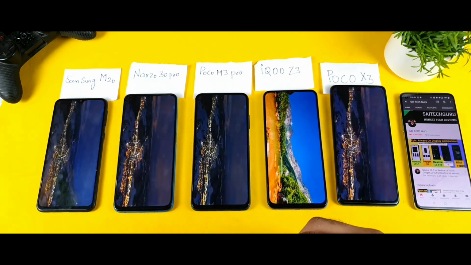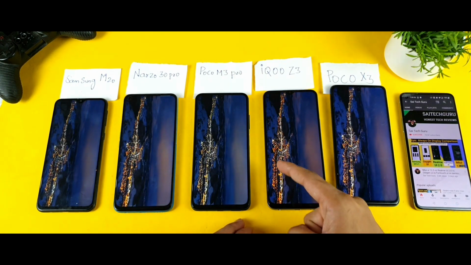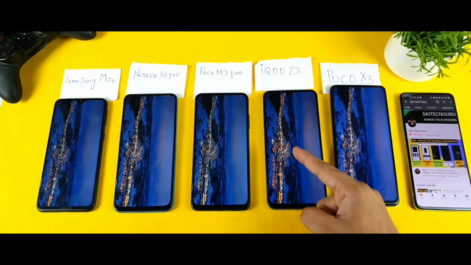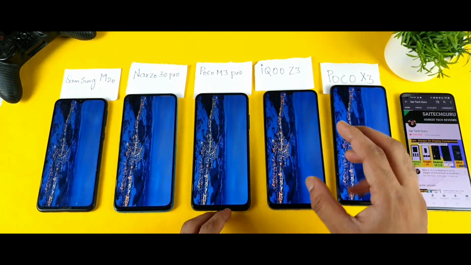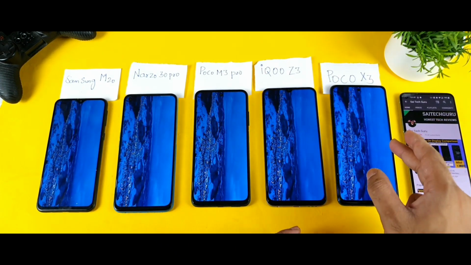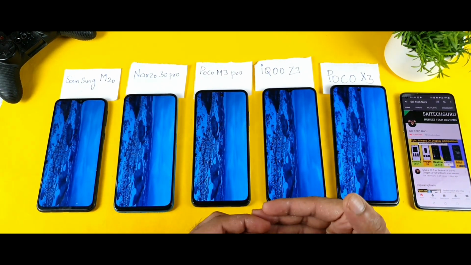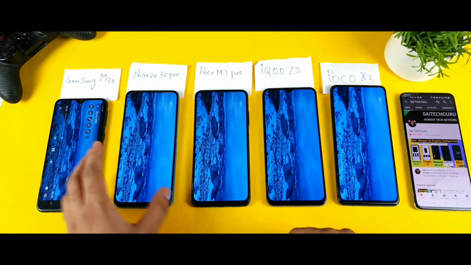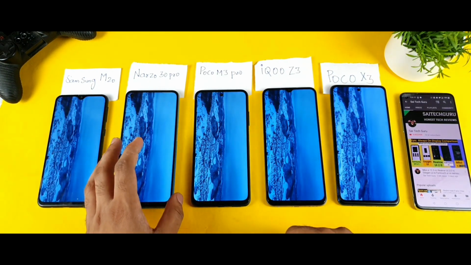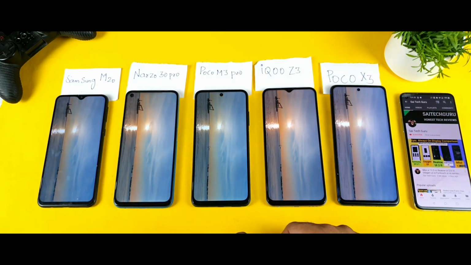But one quick note: the IQ Z3 has a slightly more saturated feeling. If you observe this kind of light when compared with other smartphones, there is a slightly more saturated tendency in the IQ Z3 display, a little bit, but not much, just a little bit. And the Poco X3 has a really good advantage of having filters where you can change the different mode styles. That is what some users prefer. And the Samsung Galaxy M20, the Poco M3 Pro and the Realme Narzo 30 Pro are doing a really good job, but those 3 are on the same page, as you can see.